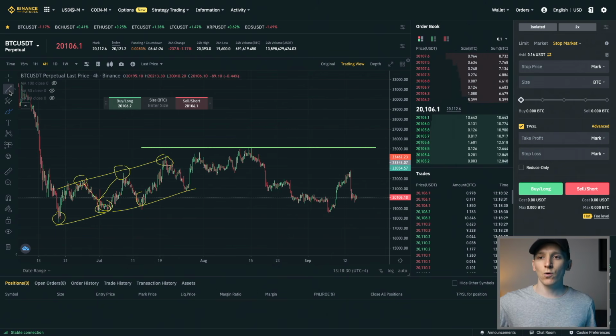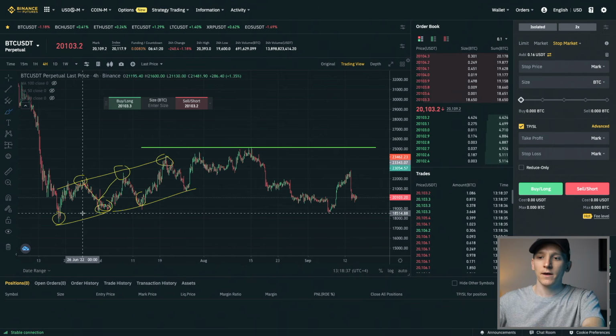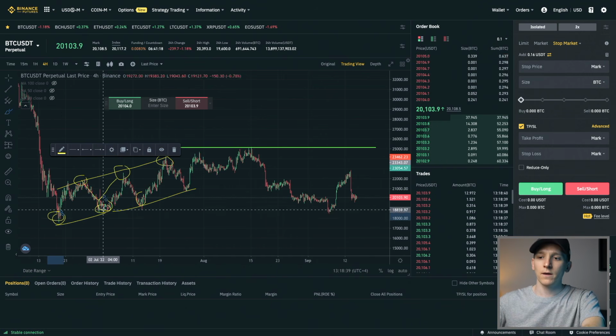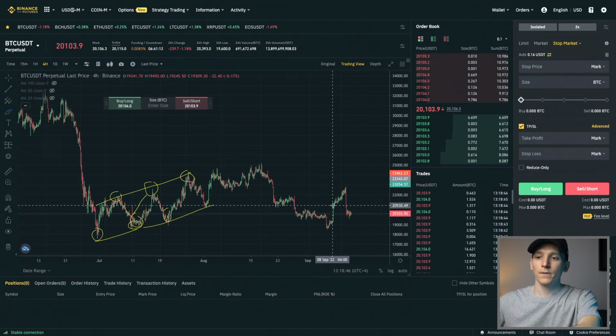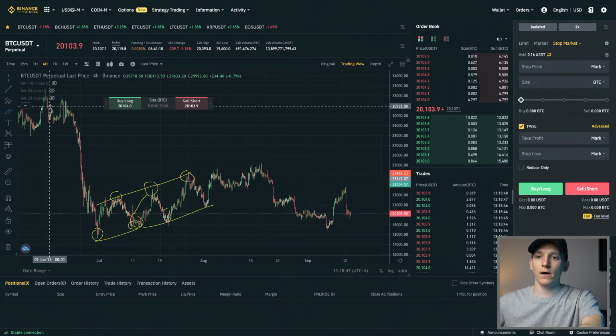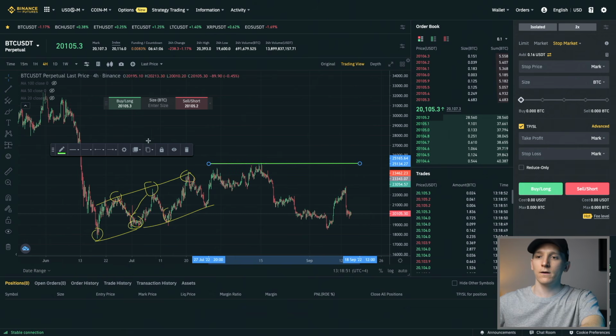Now we look for support. Where is support? Well, that is where to the downside, you get buyers coming in and pushing the price up. Now, there was a support level here, there was one here, and if we look to the chart recently, there was a support level here as well. So what we're going to do is draw a line there as well. So we're going to redraw that resistance, that's around here,